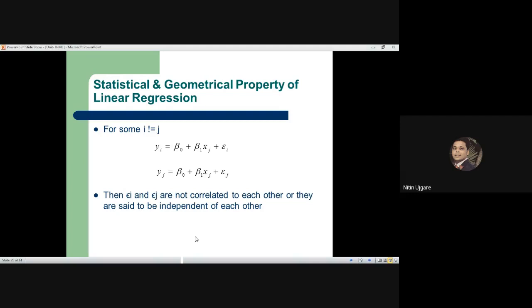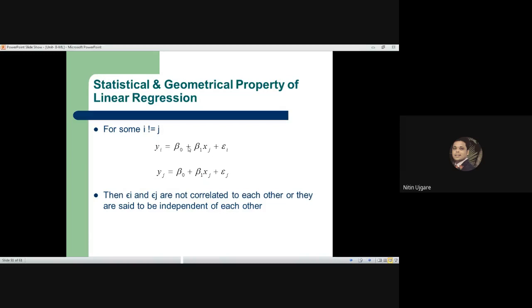Now let's say that i is not equal to j. So i is some input instance and j is some other input instance. We are representing two different independent variables. So i is the independent variable which is independent of j, and j is another independent variable. Now how do I find the corresponding output value for i? Definitely when we have two independent variables, their outputs will be different.